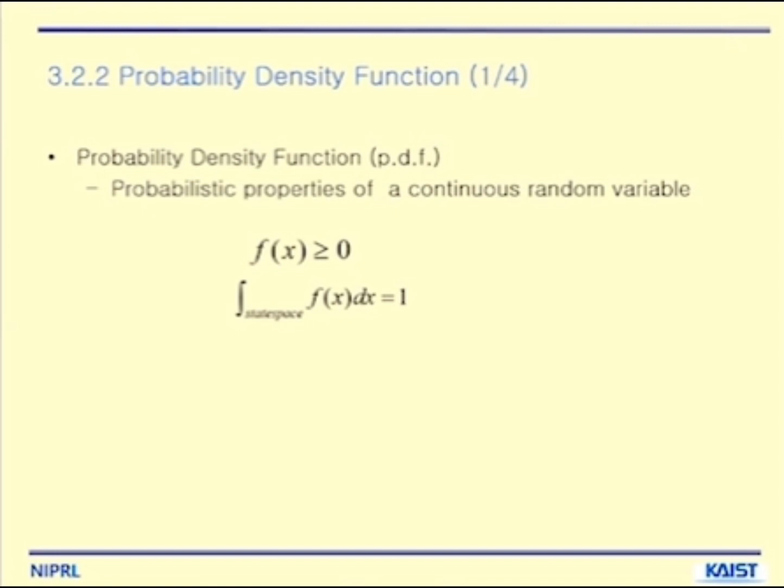What this is telling me, that the integral of f of s ds equals 1, is the same thing as the sum equal to 1, except that the sum is for discrete and the integral is for continuous. The name of this one for discrete is PMF, probability mass function, but the name of this one is PDF, probability density function. Any question? So far, so good, right? Okay, now,